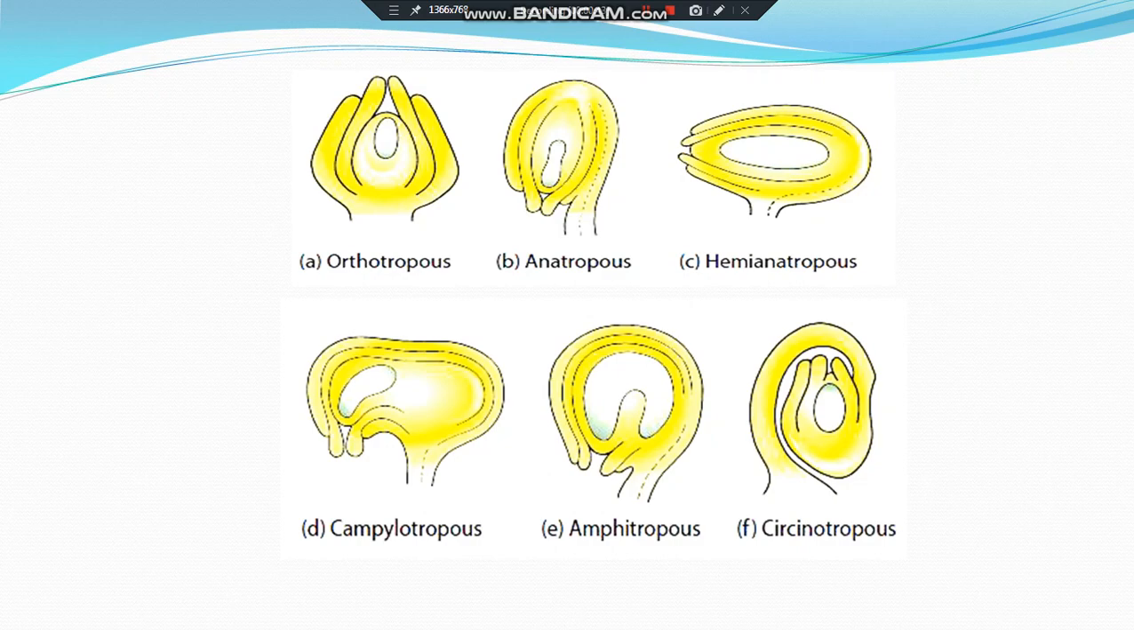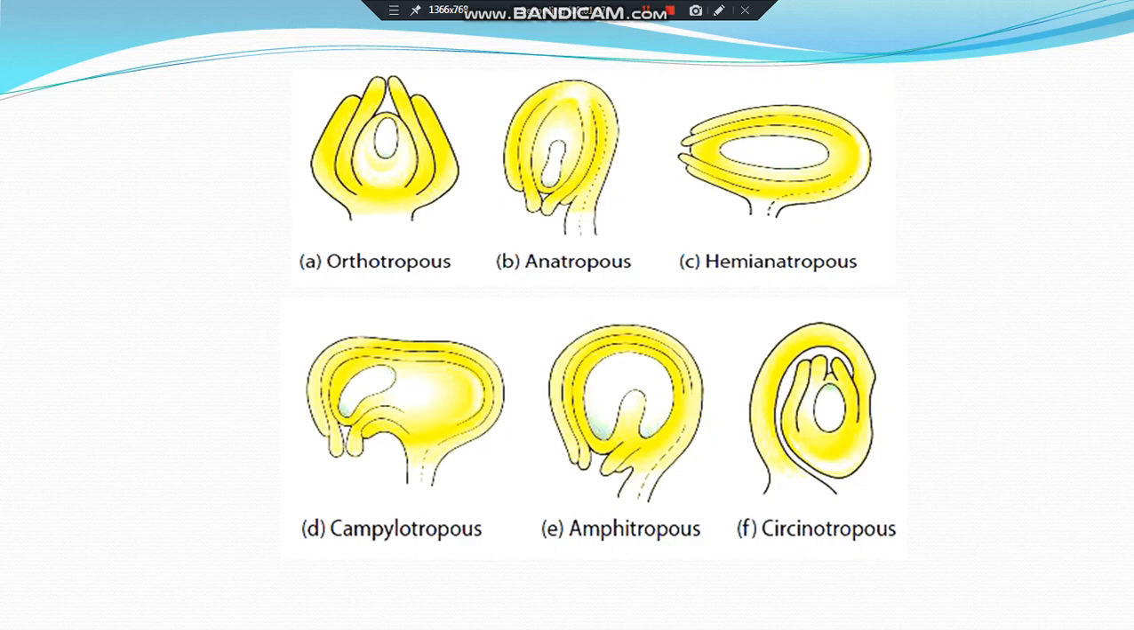The body of the ovule, micropylar end is curved, bean shaped. Embryo sac is slightly curved. Example: Leguminaceae. Fifth type of ovule, Amphitropous. Distance between the hilum and chalaza is less. Arch or shoe-shaped nucellus. Example